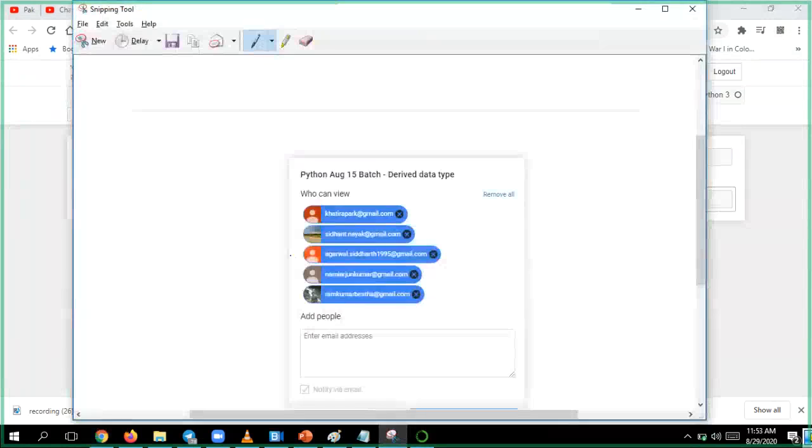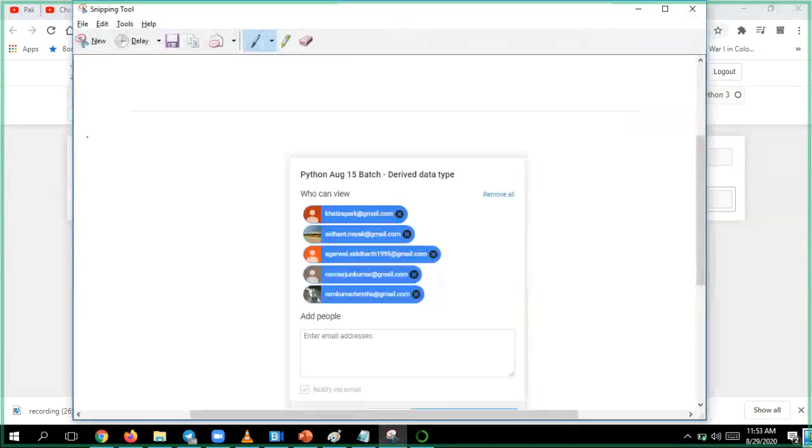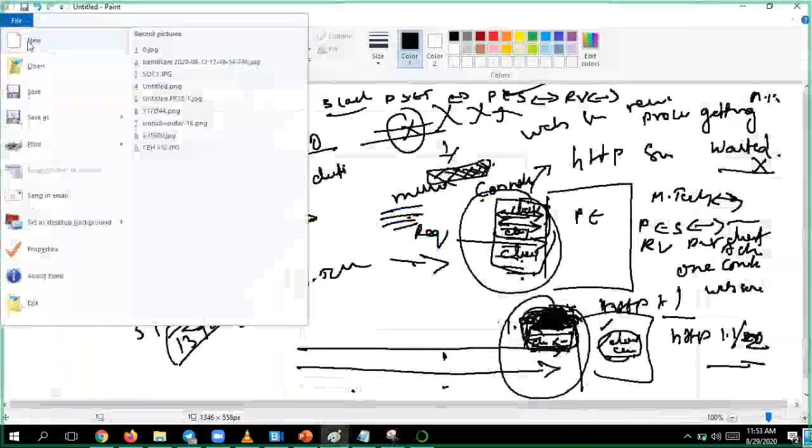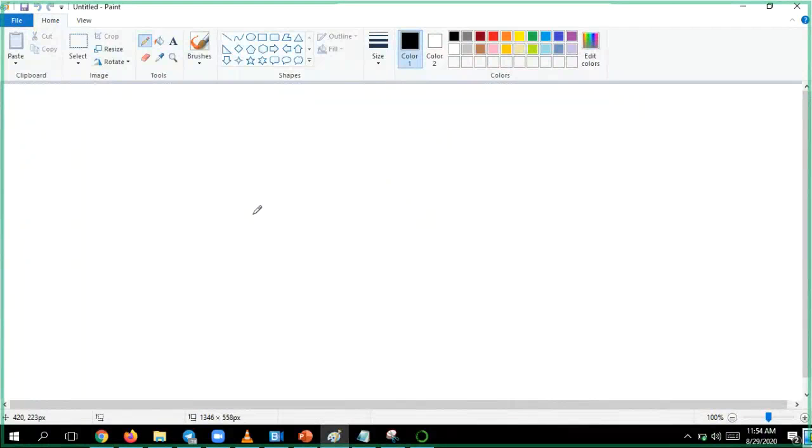Let us come back to our paint, yeah, this one. So I have some object, in which case the value in the object will be returned as boolean, true and false.